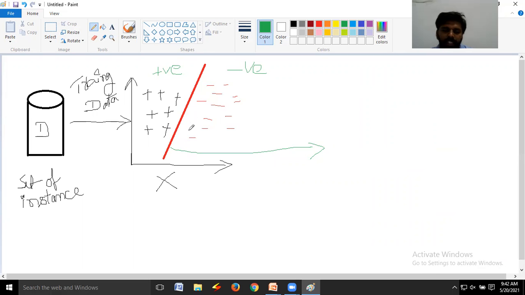I will explain what linearly separable means in the support vector machines. These instances are linearly separable, right? Here this is a line or a plane, right? By using this line or plane, we are separating positive and negative instances on the instance space. Here the instance space contains the set of training instances, or training data, or training objects, or training examples. Right. Now coming to the presentation.